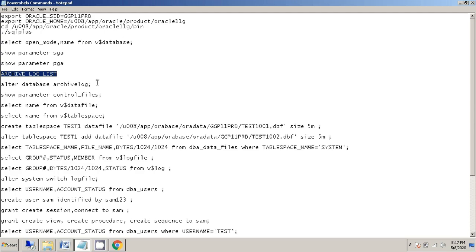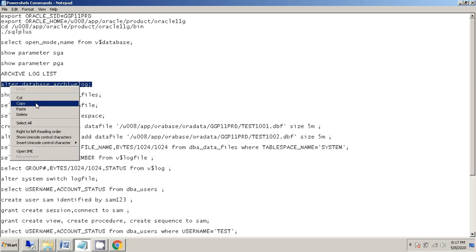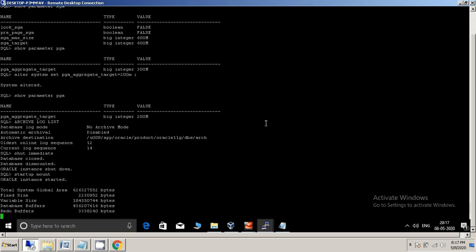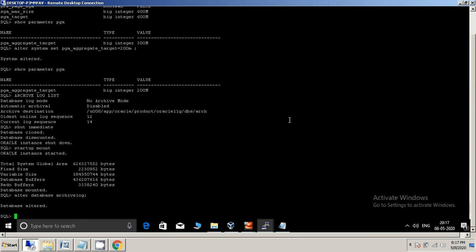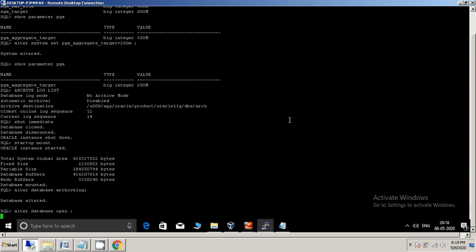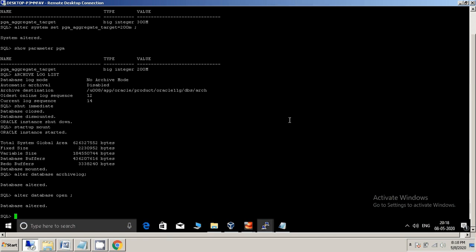And run the command alter database archivelog, and then alter database open. So simply we just run these commands to go from noarchivelog to archivelog mode.